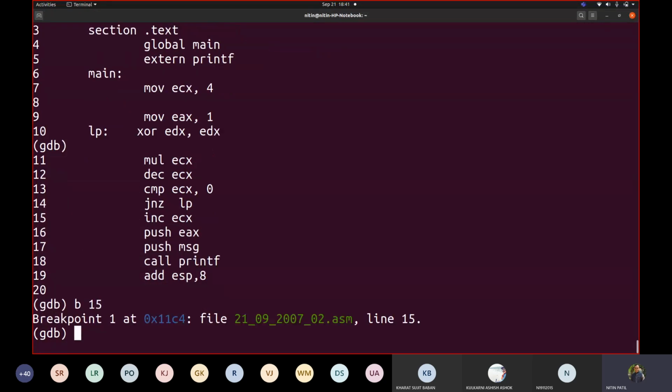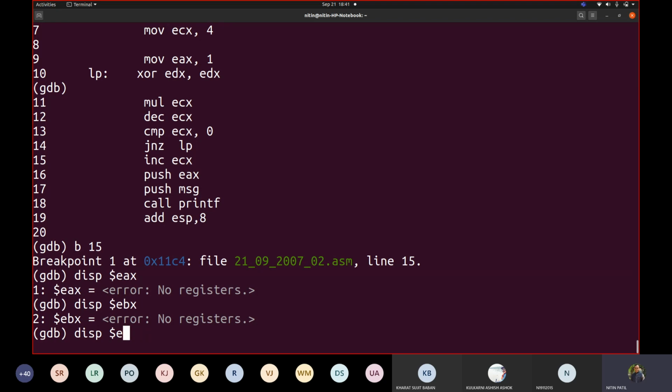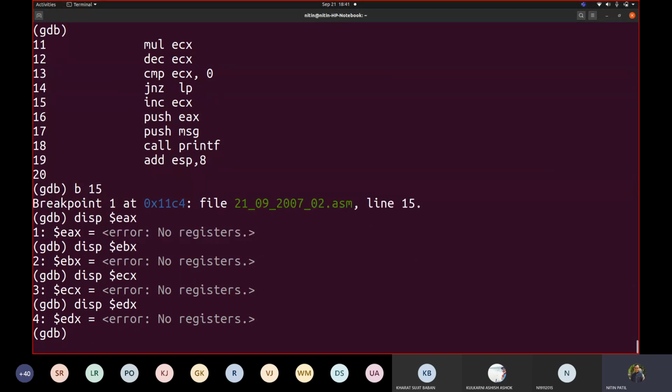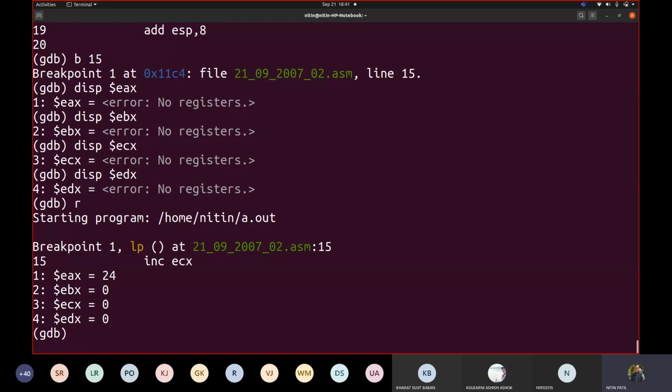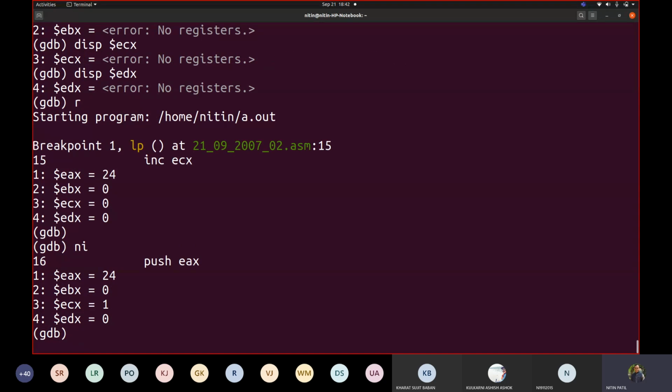So breakpoint 15, display $EAX, EBX, ECX, EDX. Let us start run. So increment ECX, what happened? Sorry, we want to use NI.